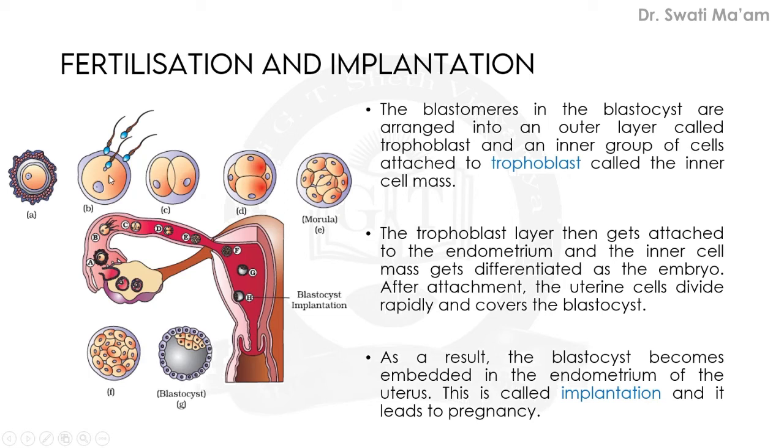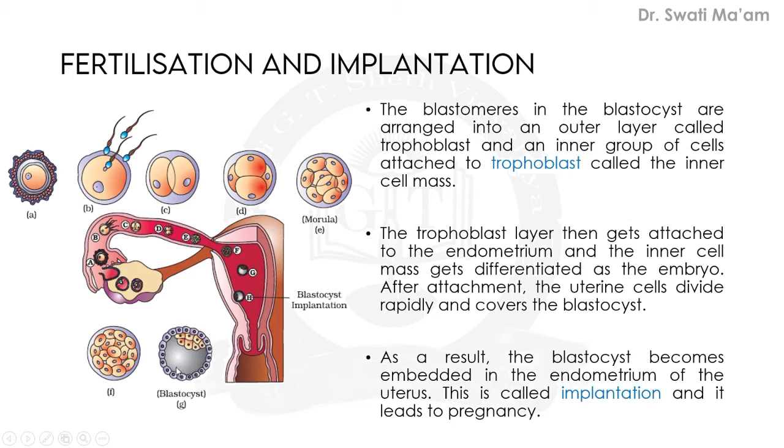So this is converted into zygote, and this is two celled, then four celled, and this is 8 celled. This 8 cell structure is known as morula, and here the E diagram is showing the morula. Then after morula it travels towards the uterus. So this portion is of the uterus, and after further development you can see here more cells have developed, and then the blastocyst has developed, and totally the structure has changed.